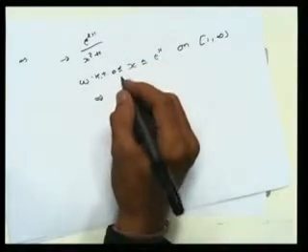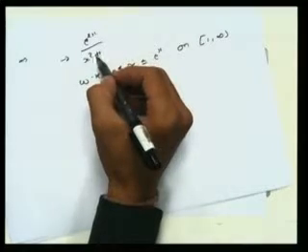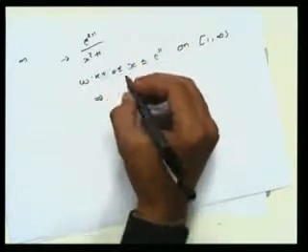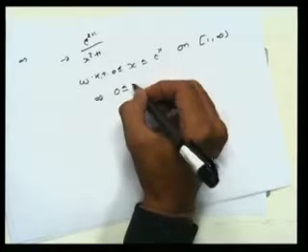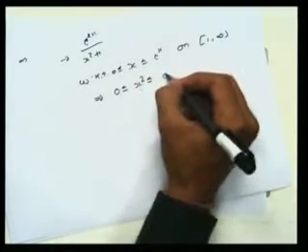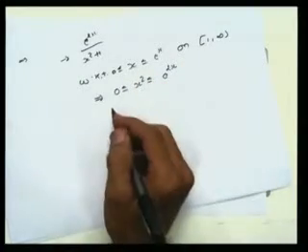Okay, now we want the term e raised to 2x upon x square plus 1. So first we square on every side. We have 0 less than or equal to x square less than or equal to e raised to 2x. Now we want x